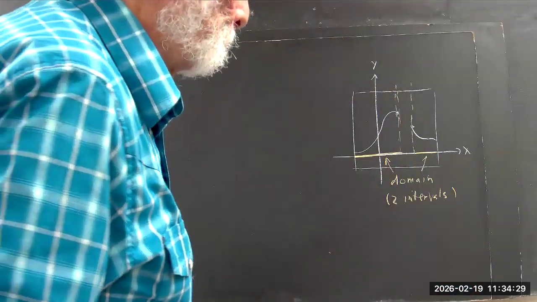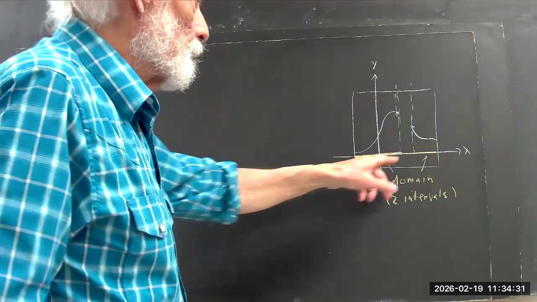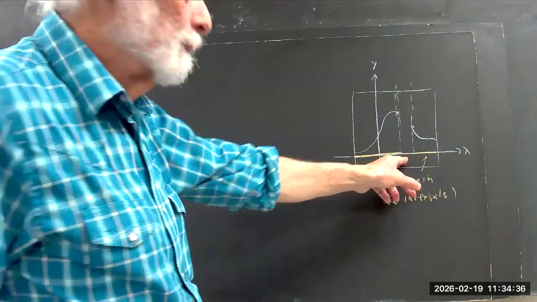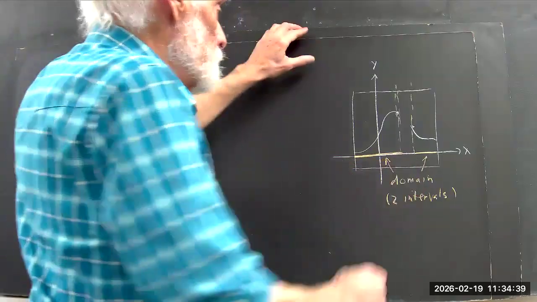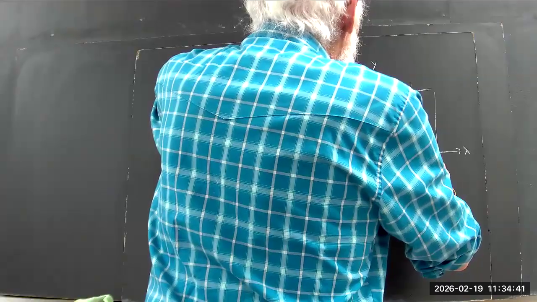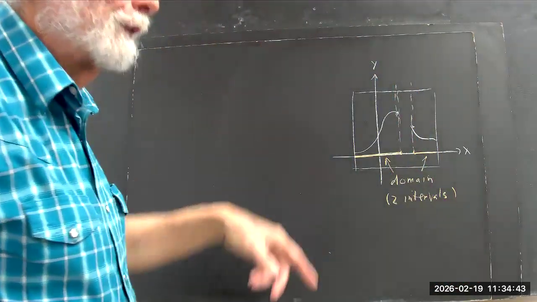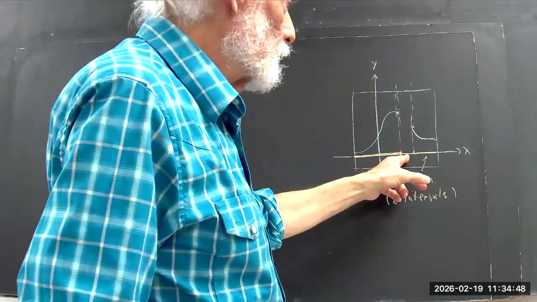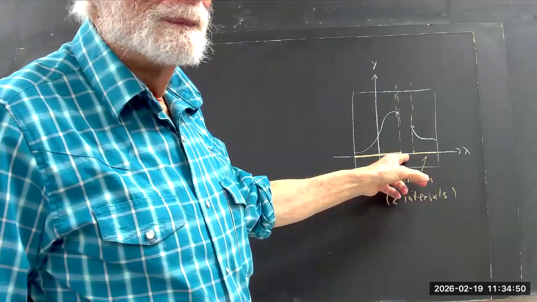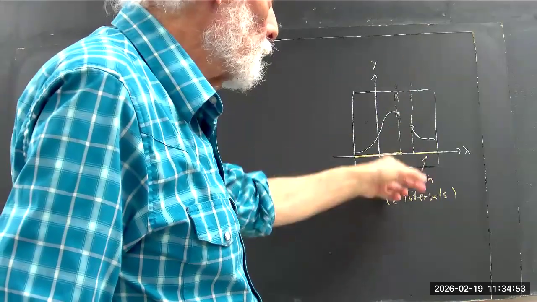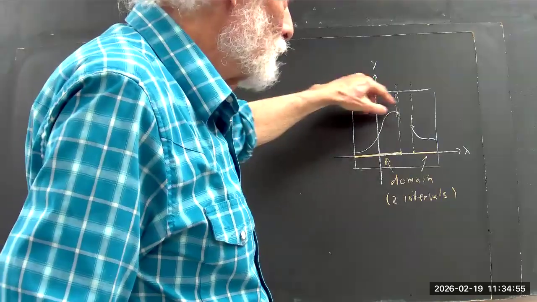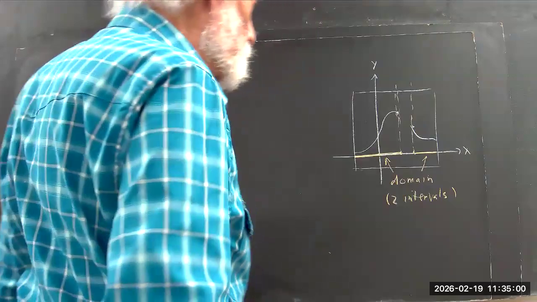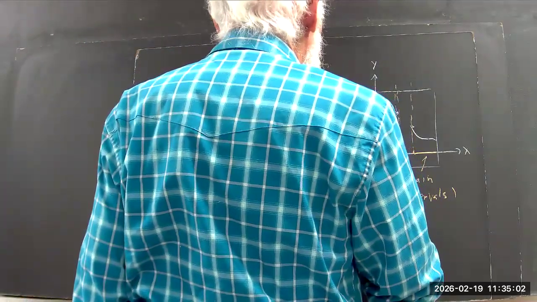There are two intervals. There's a break in the domain. The part between here and here is not part of your domain. That means that if I ask you what f of x is for this value of x, you don't have an answer. Because if you draw a vertical line through this point, you're not going to hit any part of the curve. Okay? So the domain is all points